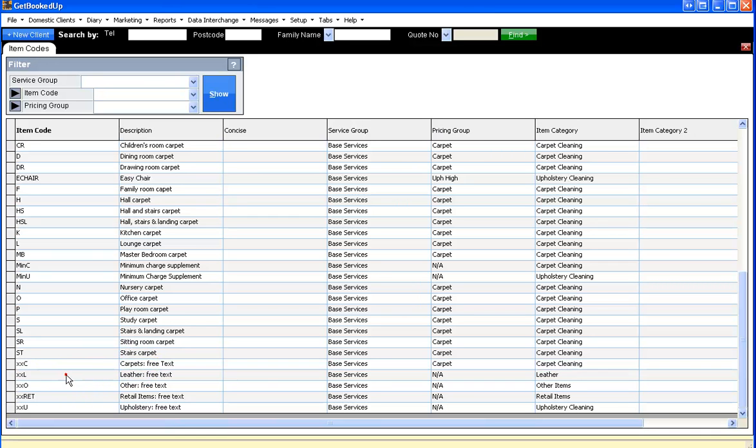So that goes for XXL, XXO. If you have a look in the bottom of the list there, they'll explain what they are. They're for leather, other services, retail items, and XXU for upholstery items. Now, the reason we've got a different one for each type of service, so carpets, leather, retail, and upholstery, is